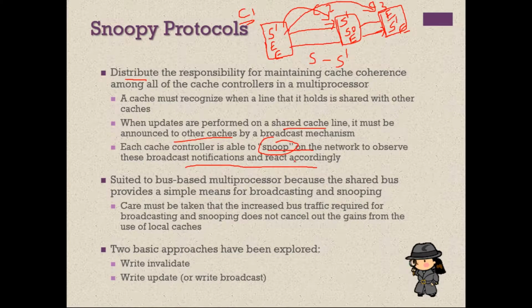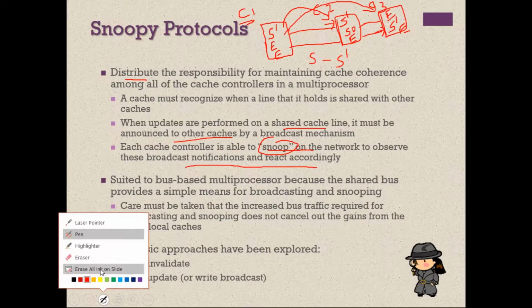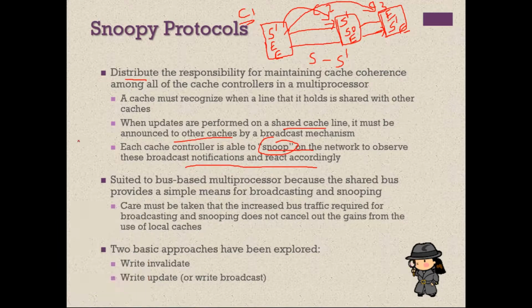So this is also one of the good techniques, but the drawback with this technique is, if you recall, why we are using cache: to reduce the bus access. We are using cache to reduce the access to the system bus. But again, in Snoopy protocol, we are going to use the system bus, because whenever one particular processor is changing the cache, it is going to send a broadcast message through the system bus. So again, we are going to use the system bus.